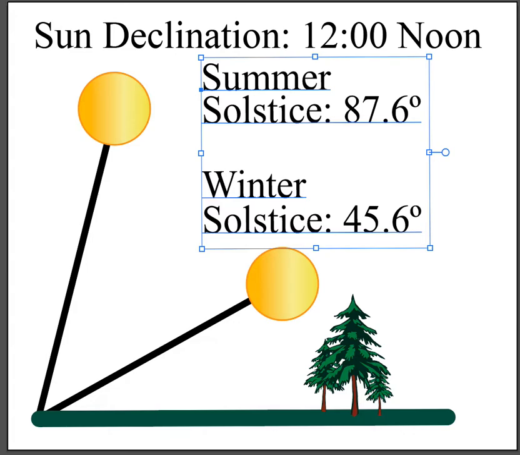Just wanted to show you a little tutorial here for doing our declination of the sun graphic. Now this graphic is used for our title block in the corner on the bottom. Goes next to the sectored map most of the time. Pretty much make it any size you want. But in this case, right here,